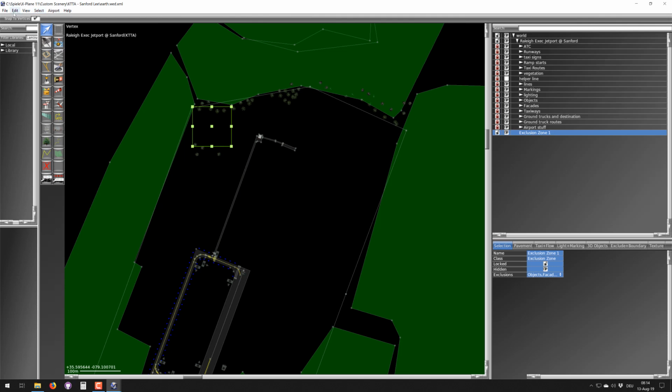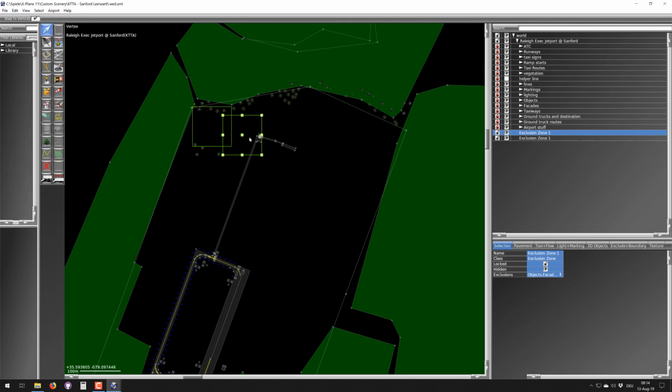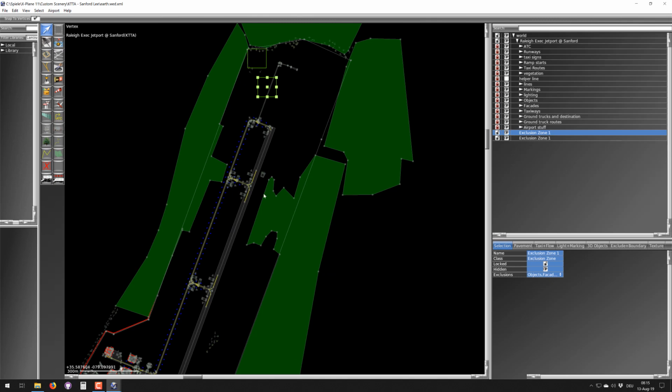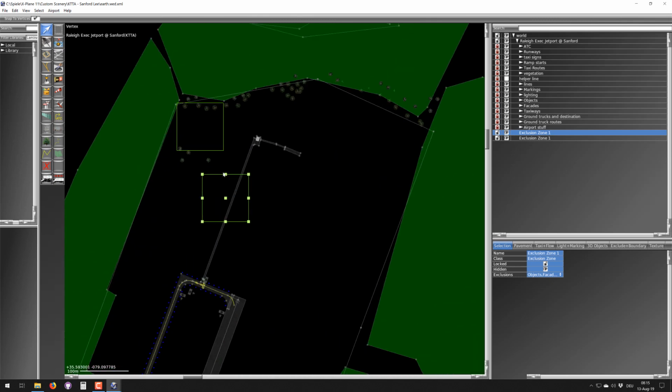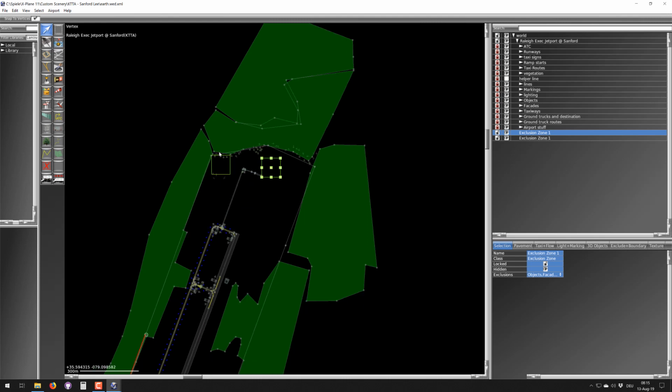I can't hit Control Shift to duplicate here. I have to do it this way. But if you duplicate this one, drag it out, you could place the next one here and here and here and so on. You get the idea. But of course, then you would have a million of these little rectangles and loading your scenery would take longer than necessary. So again, what I like to do is I take my exclusion